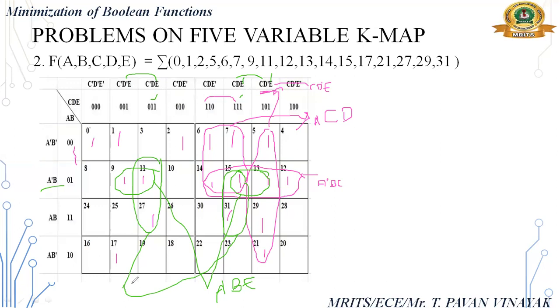E is common, right? Horizontally, B C E is common. Okay. Next,